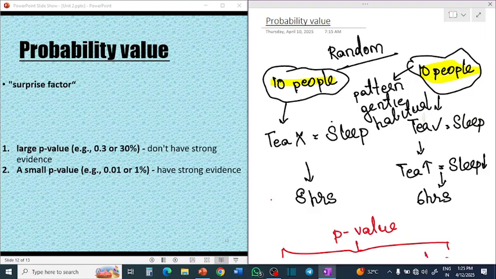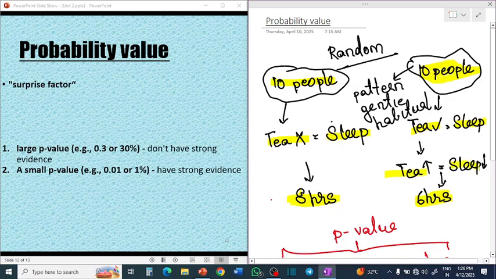For the first 10 people you have not given them tea. You have given them any other drink which is not tea and you have measured how much sleep they get. So you see that they get 8 hours of sleep. For the next group you have given them tea and you have measured how much sleep they get. So over here you have seen that they get 6 hours of sleep. From this you can understand that if you give a person tea, the sleep is reduced.